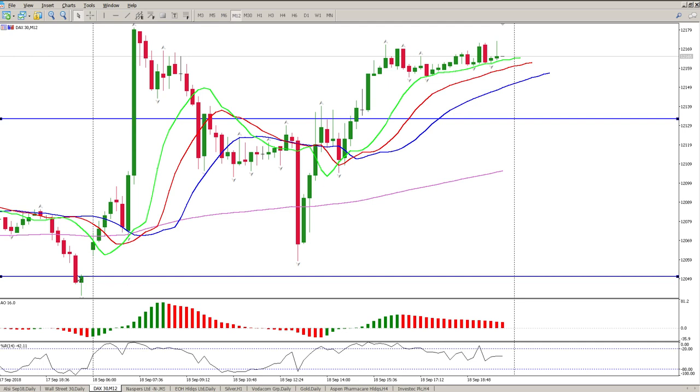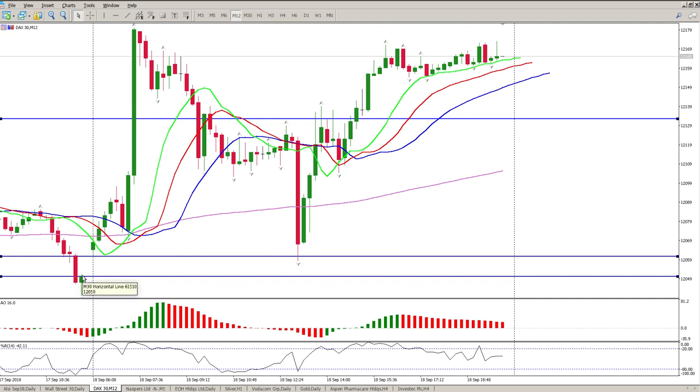Okay, so yeah, you can see this gap is still open. See, there it is. So you see how they're ambushed. I've got a video on gaps as well, but you can see how that is the ambush zone there. So that was the first level where the buyers stepped in, and they step in there ignoring the gap completely,